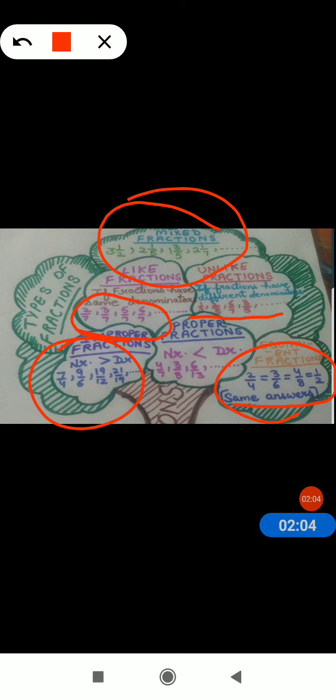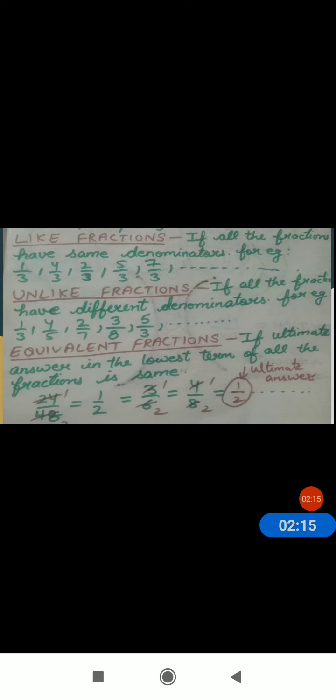So in the next slide, you have the definitions. You need to draw this tree and write down all the definitions in your notebooks like this. Now in this week, we will do exercise number 4.1, 4.2 and 4.3. Exercise 4.1, question number 1, is filling the boxes. These types of questions you have already studied in previous classes. So here, let us see a video to understand how to do this type of question.